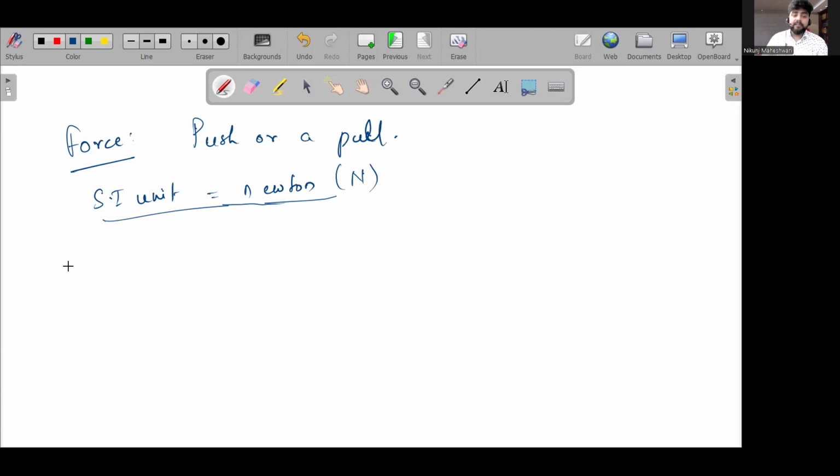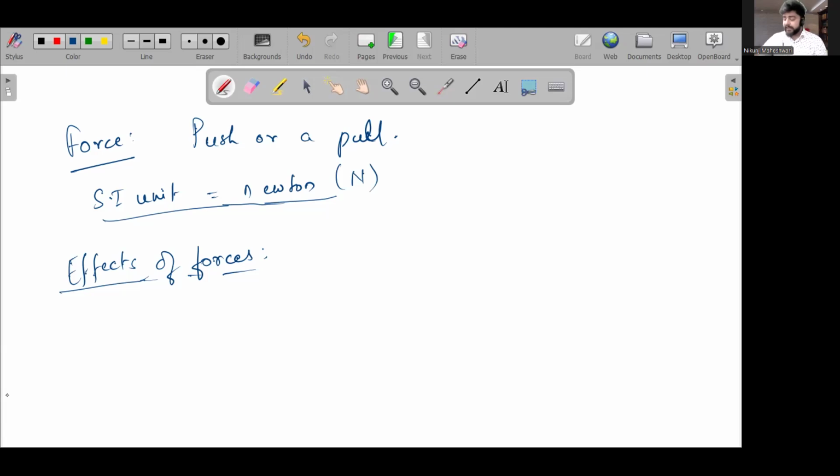Now, what are the effects of force? What all effects can force have? Effects of forces? Anyone, any idea? Have you ever applied force on something? What do you see happening? Or what all effects could the force produce on the object on which you applied the force? Anyone, any idea, rough idea? Put it in the chat window.